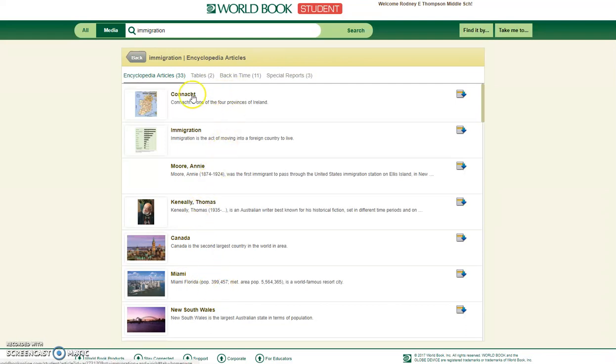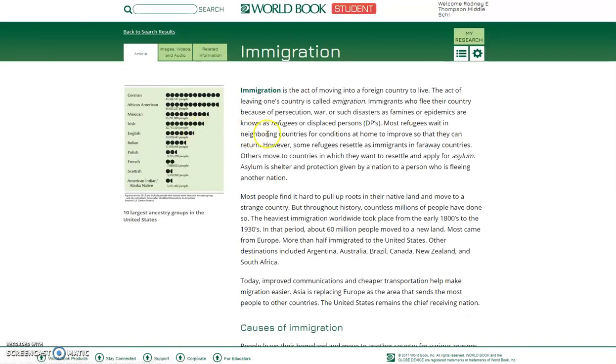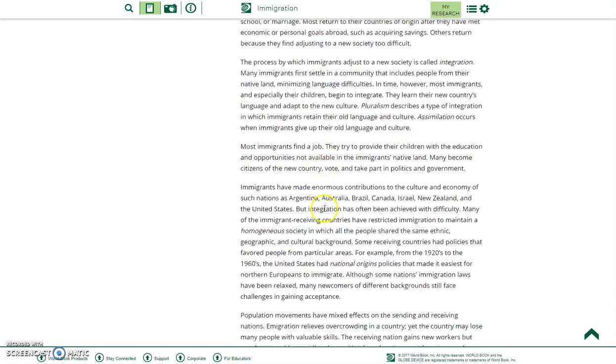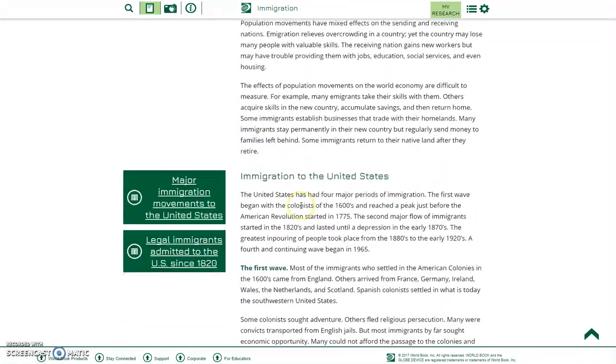And this is just a part of Ireland. I can read the little blurbs and find out a little bit more about the article. But this one says immigration is the act of moving into a foreign country to live. So actually, I'm going to start here on this link and do some reading. It's going to tell me all about immigration, the causes of immigration, the effects of immigration, some information on immigration